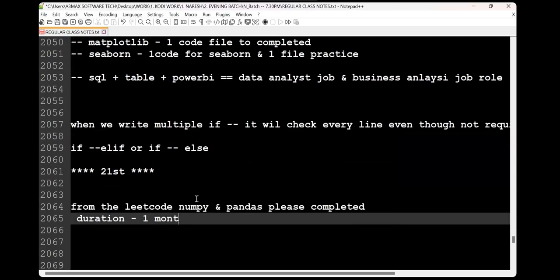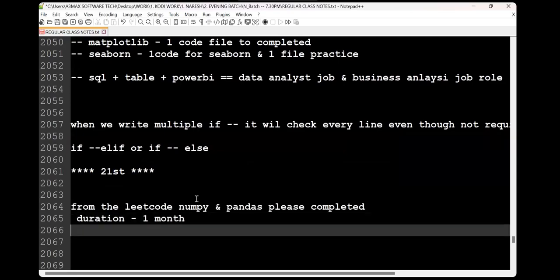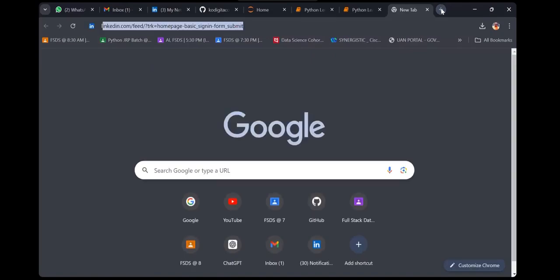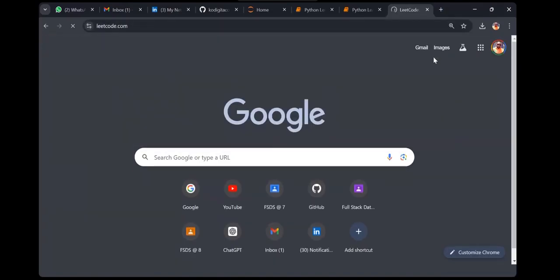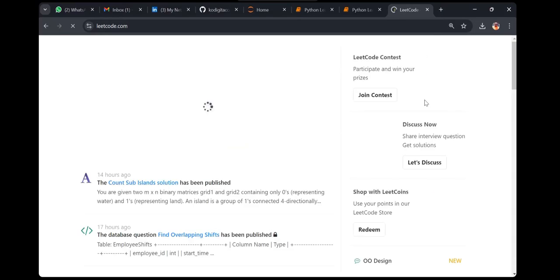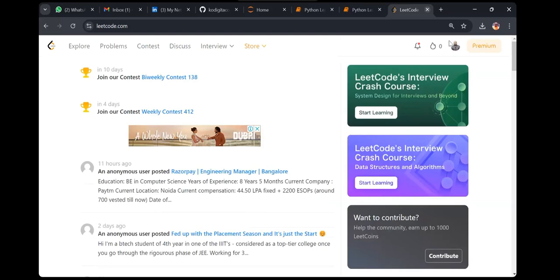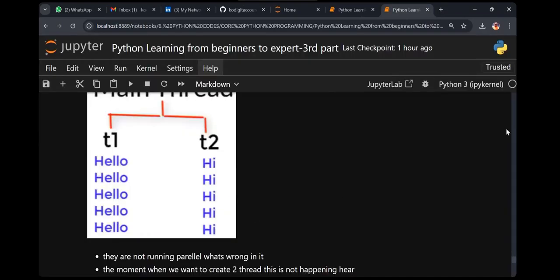Let's see how many of them will complete. I hope everyone knows how to log into this. It's very simple. You log into your LeetCode profile, and then you go to the sections. You can find NumPy, type NumPy. It's an easy platform. Please do so, guys. If not, I will show you tomorrow.